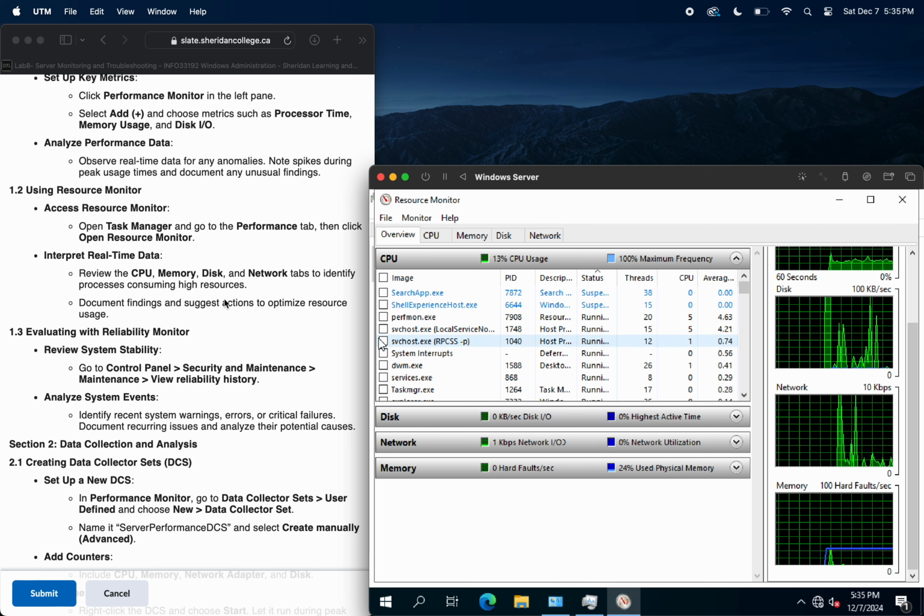To analyze system performance using Resource Monitor, I started by opening Task Manager and navigating to the Performance tab, where I clicked on Open Resource Monitor to launch the tool. Once the Resource Monitor interface appeared, I examined the detailed real-time data across several key tabs, including CPU, memory, disk,